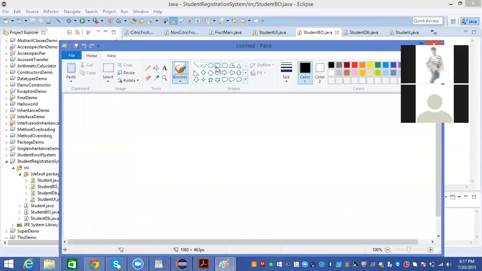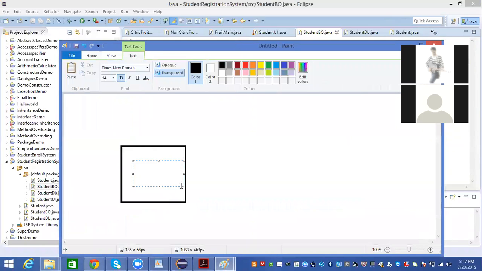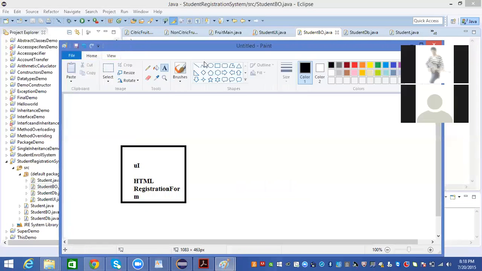First, we have something called the UI layer. In the UI layer, it is like our HTML, or like our registration form, the Facebook registration form. From our UI layer,